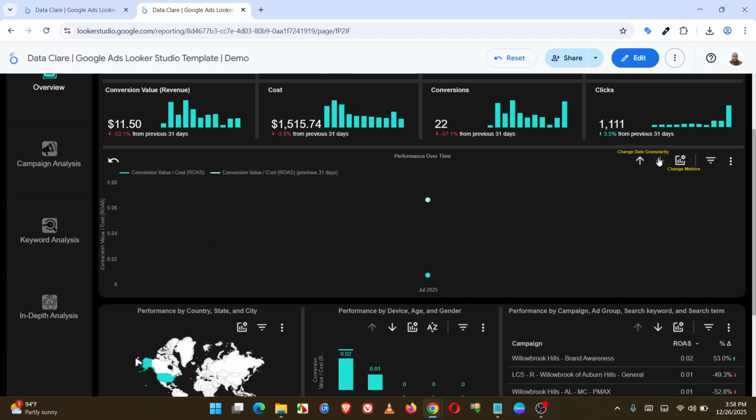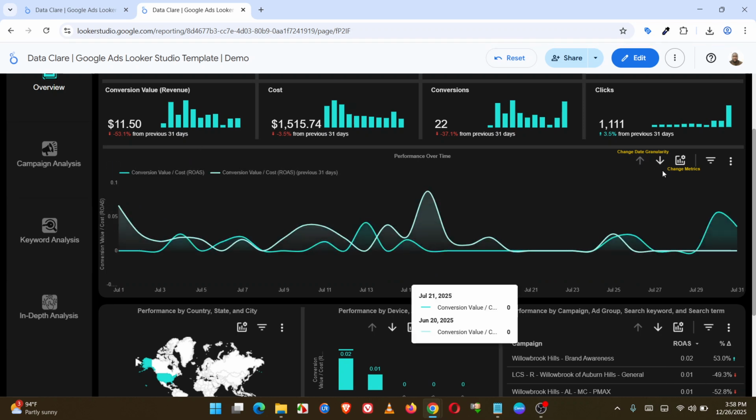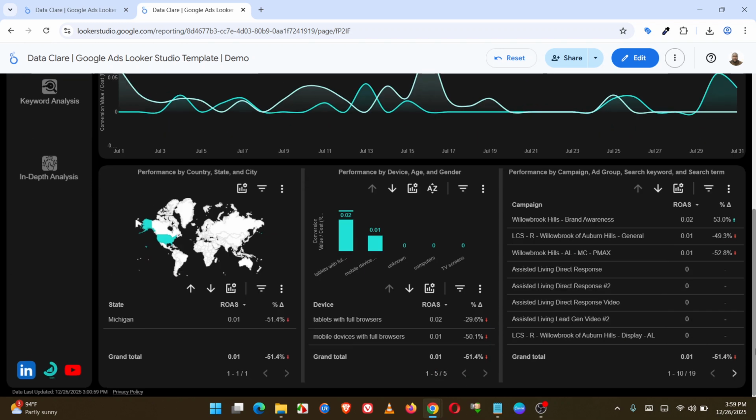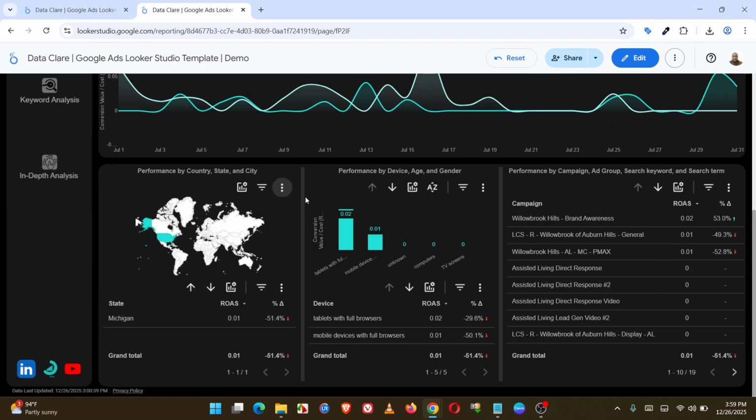You can click on the drill down icon again. So then you can click on the optional metric here to change or combine multiple metrics to see the performance over time. So you can select from any of these metrics to see the performance of any of these metrics over time. And then the last section here, which is the fifth section of the dashboard,